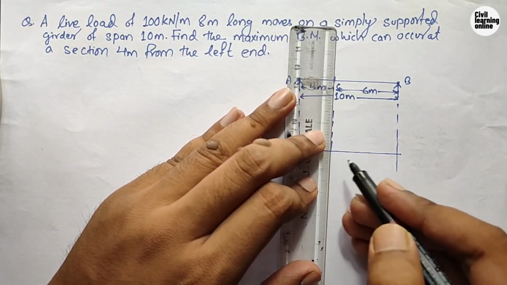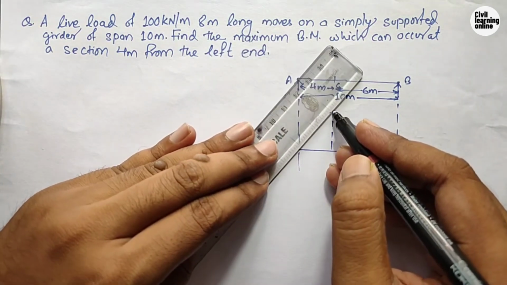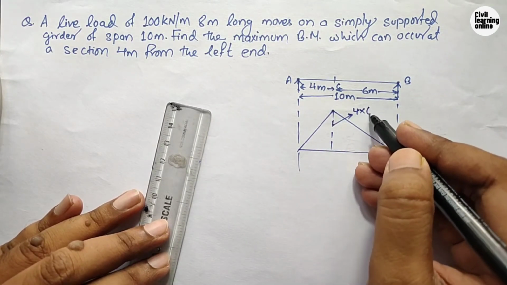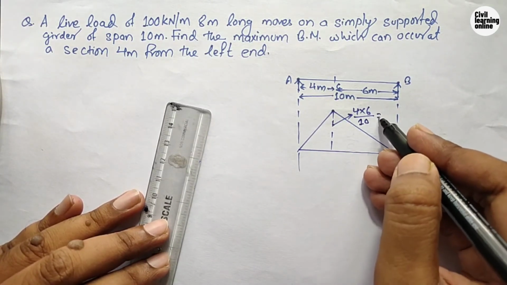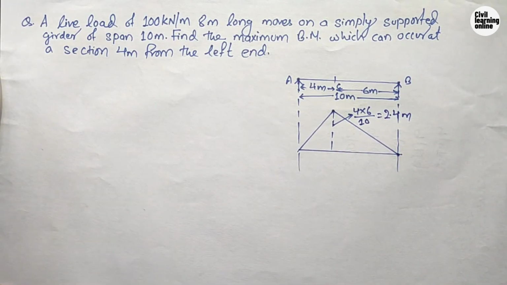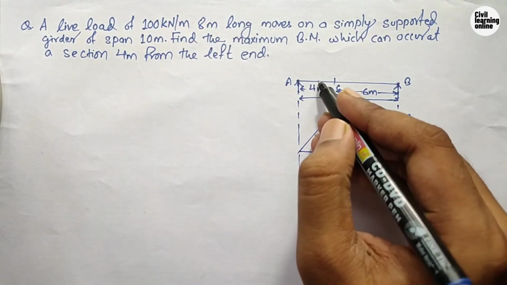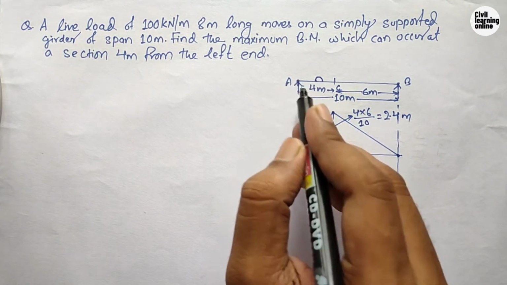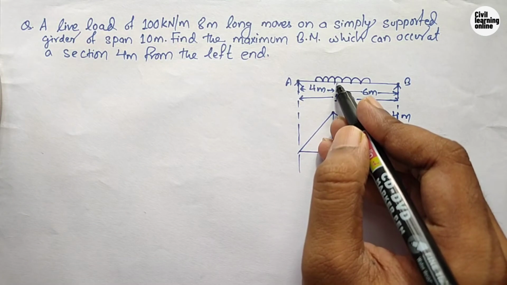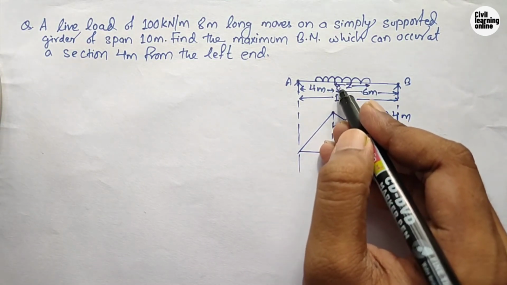Now after drawing this influence line diagram, we can calculate the value of the height of this influence line diagram, which will be AB upon L. So A means 4 upon 6 multiplied by the whole span is 10. So we will get 2.4 meter. Now we need to place UDL, which is 100 kN per meter, and the span is 8 meter long. Suppose the UDL was moving from A to B and it has crossed Z meter of point C, as I have shown previously.